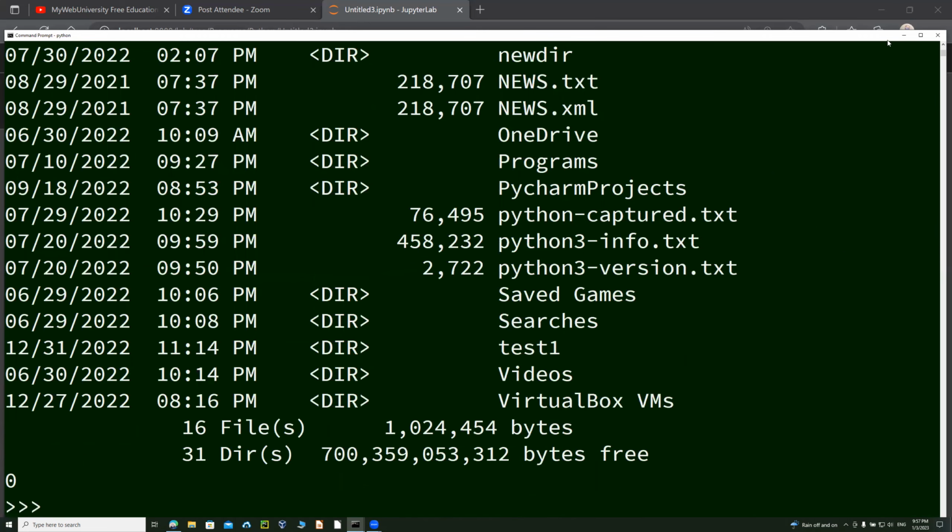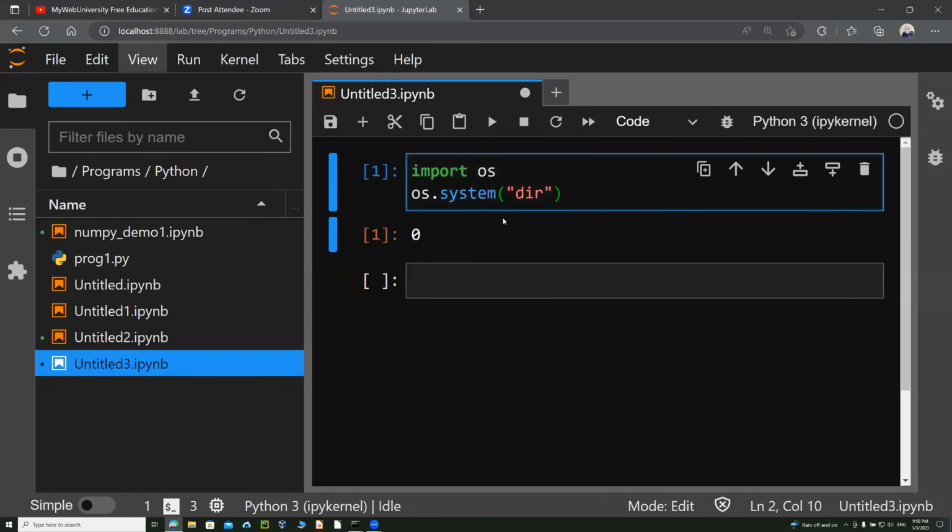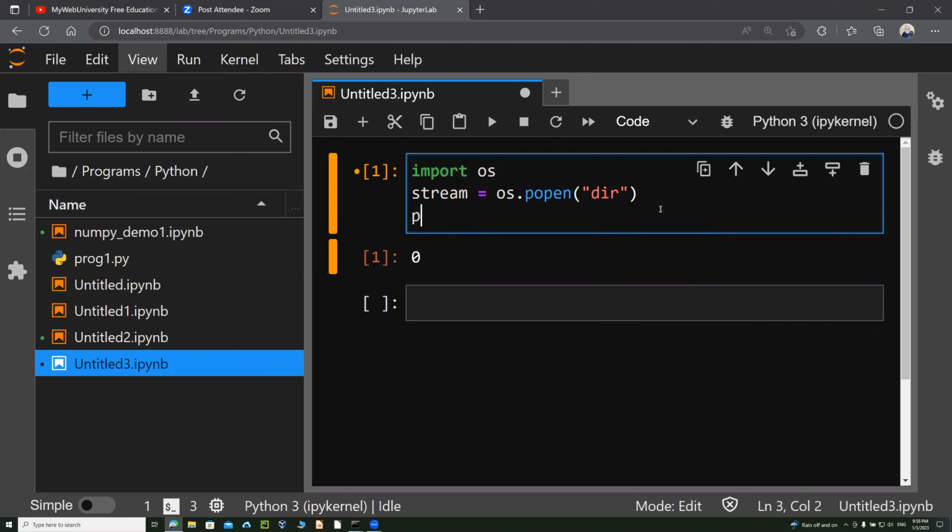So in order for you to work on this, instead of os.system, you want to use another shell, and you call it os.popen. You run the command, but you assign it into a stream, because the output of this command is set to a stream. So if I say print type of stream,